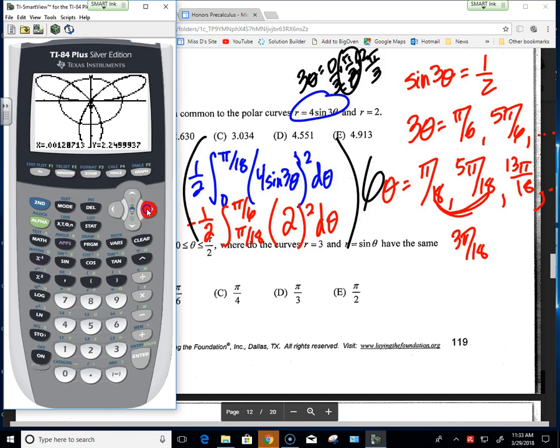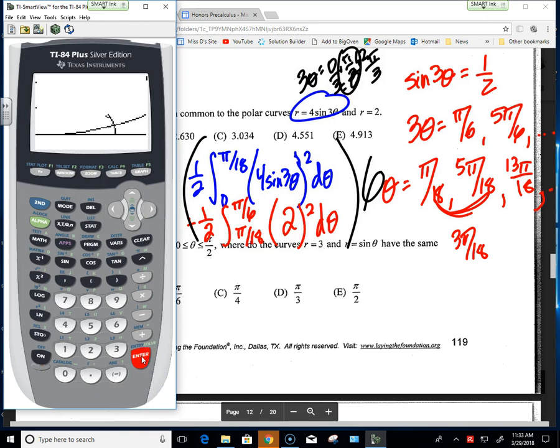P.S. Zoom box is great. Zoom box lets you zoom where you want to go, though. So as I come from 0, I have to hit the rows until pi over 18. Then I have to go... Because these were the intersections of the two curves. That's what those two were. And then could have done 5 pi over 18 to pi over 3. That would have been the way of doing